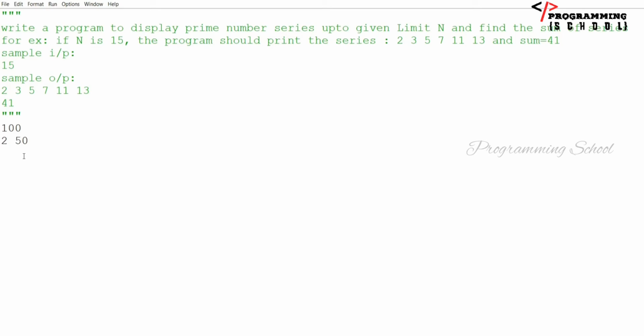Half of the numbers are going to be breaking here, but there is no need to check even half of the numbers. When you are finding the factors of any number, going up to the square root of that number is enough. Why? Because if 100 is divisible by 2, then how many times is it going to be divisible? It is going to be divisible 50 times, right? There is no need to go to 50. I know that 100 is also divisible by 50 when I am at 2 here.